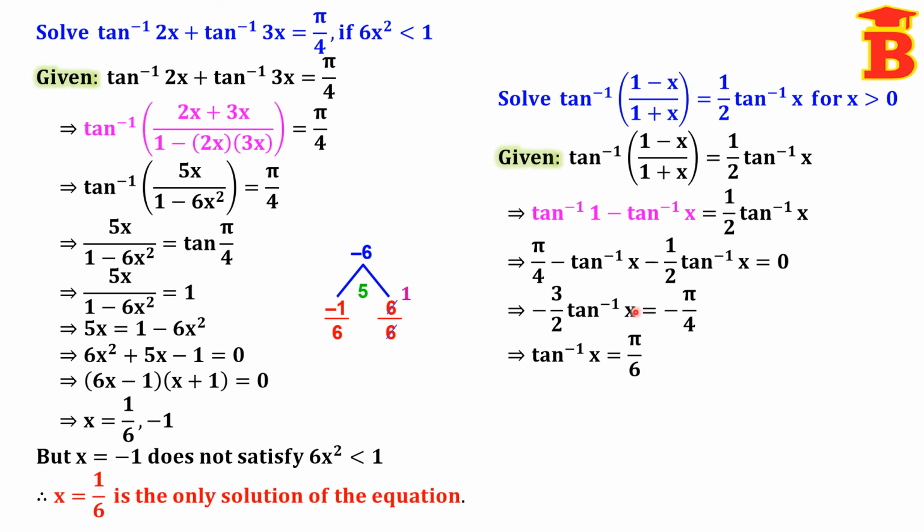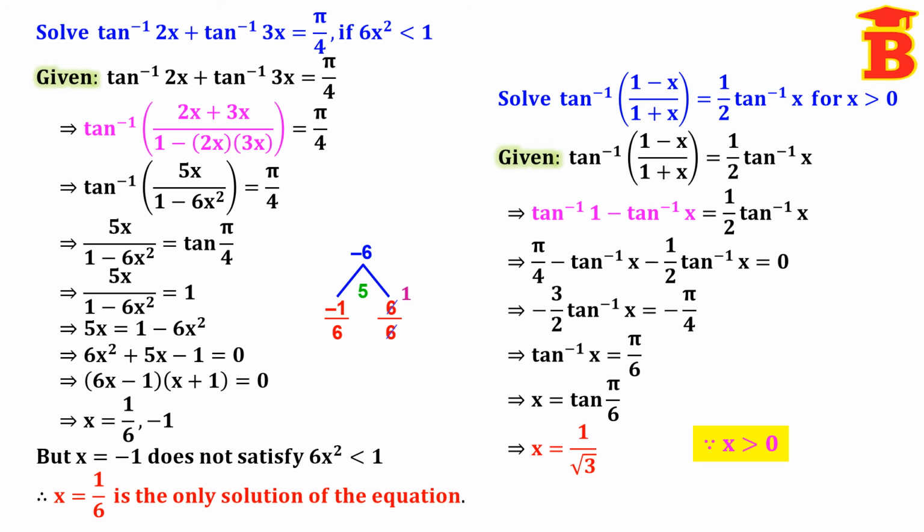So tan inverse x equal to this number, cross multiply on the right side. This 2 and 4 cancel 2 times. This 3 cross multiply, 3 into 2, denominator 6. So we get pi by 6. Now this tan inverse take to the right side, tan pi by 6. So x is equal to tan pi by 6, that is tan 30 degree, that is equal to 1 by root 3.